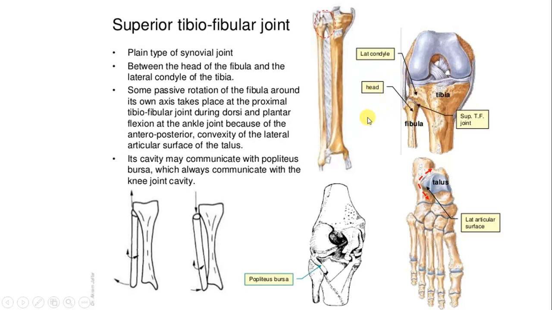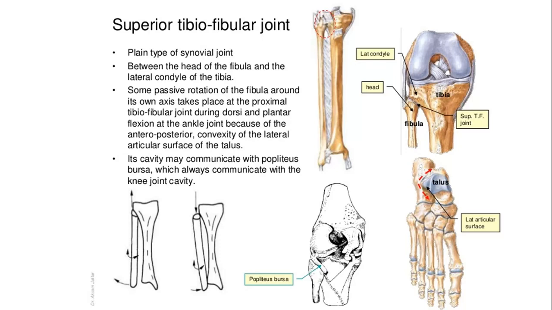So we have answers to our questions: this joint is between the lateral condyle of the tibia and the head of the fibula, it is a synovial joint of the plane variety, and the movements occurring are passive rotations